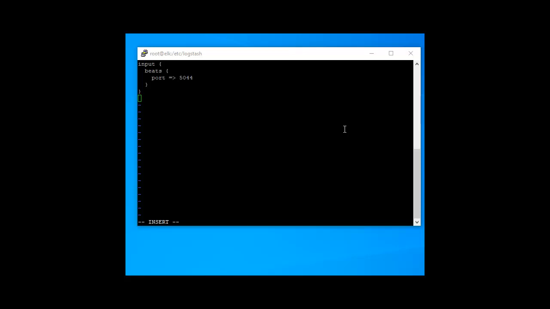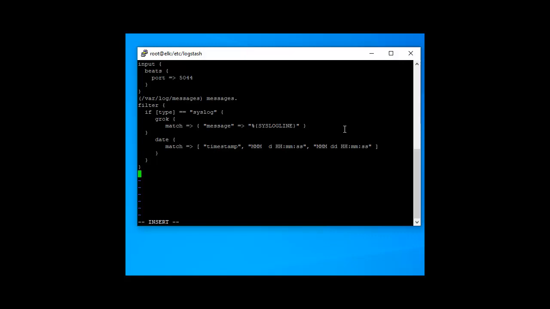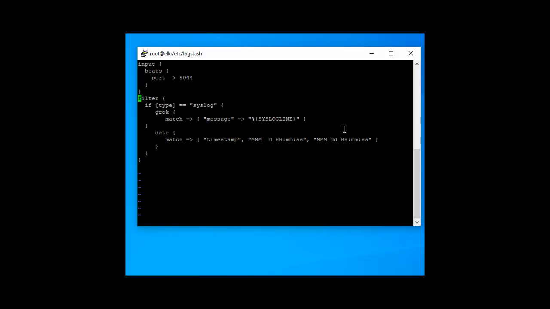So configuring the filter, then the output. Here is the system IP address, that is 192.168.4.27, running on port 9200. Save.